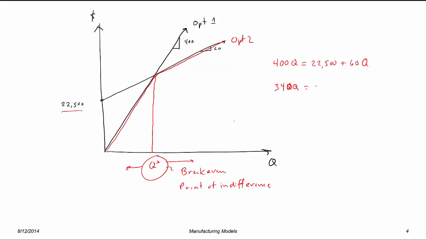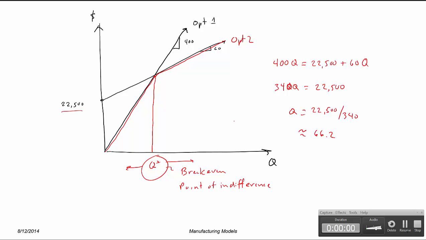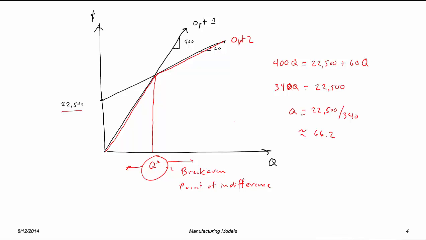340Q is equal to 22,500. Q is equal to 22,500 divided by 340, somewhere around 66.2 or something like that. So before we discuss this, let's generalize this a little bit. And if we look at our two options, option 1 and option 2, we can assume that we have a